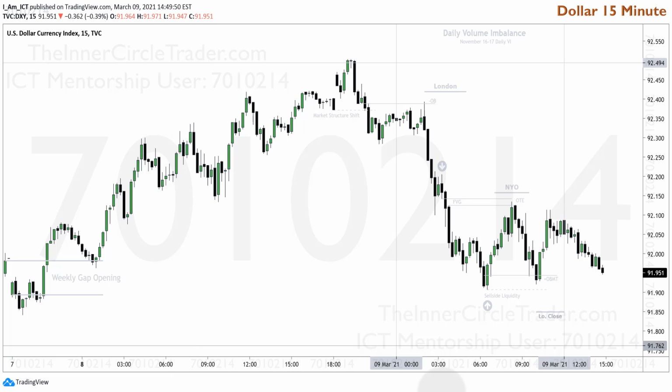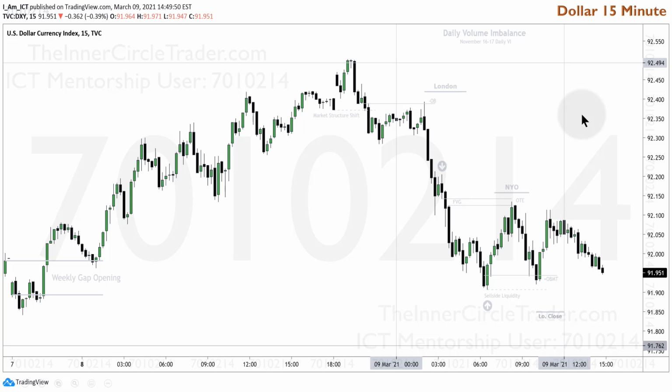All right, so you can see we returned back to that weekly gap opening at the midnight hour on March 9th. We had a small little movement above the opening price back into a bearish order block. An eagle eye would also notice that is an optimal trade entry. From the high to low, back up in at the beginning of London open into the bearish order block, buy side liquidity taken. We have a small little swing low here, and when it broke, that is your shift in market structure. It moves lower.